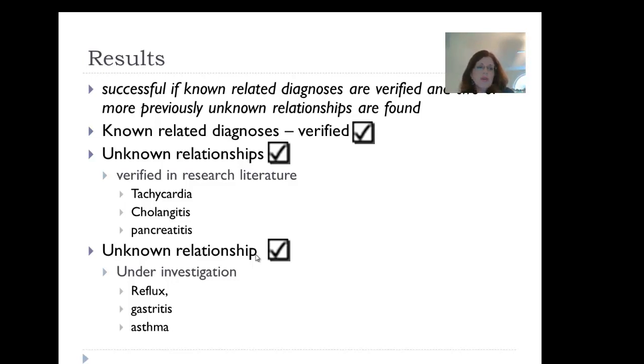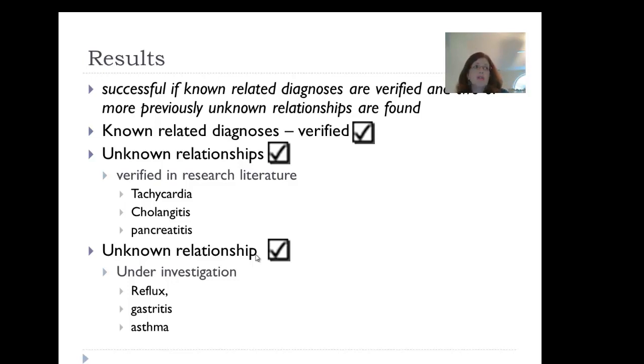But there wasn't a consensus among the papers whether there's a definite relationship between reflux, gastritis, asthma, and IBD or IBS. So really, those are our unknown relationships that we would advocate there to be more hypothesis-based testing,